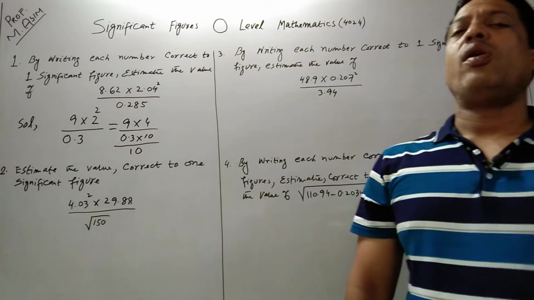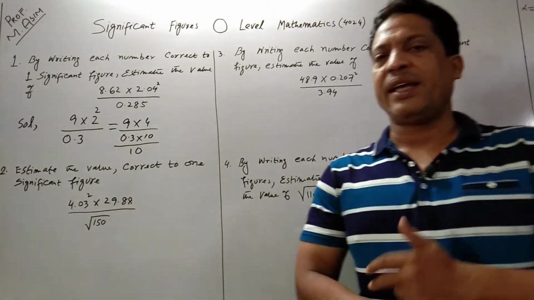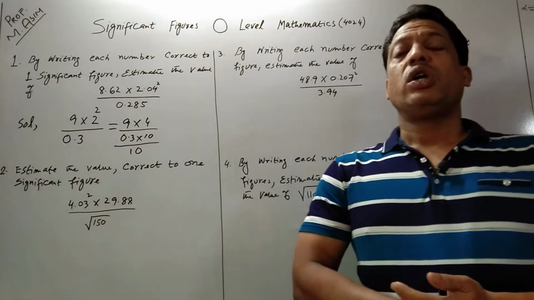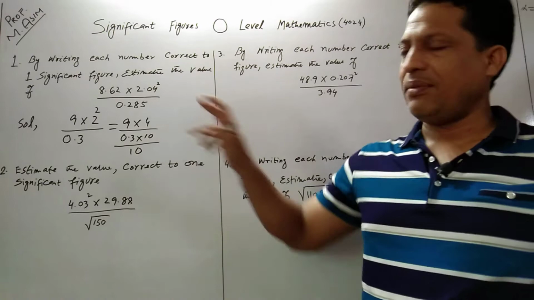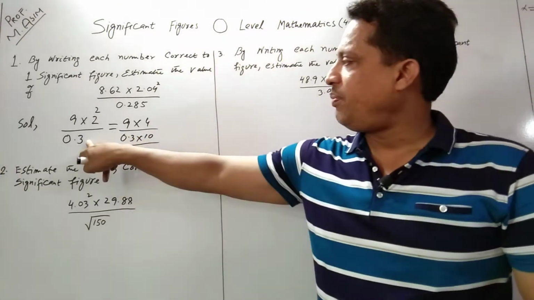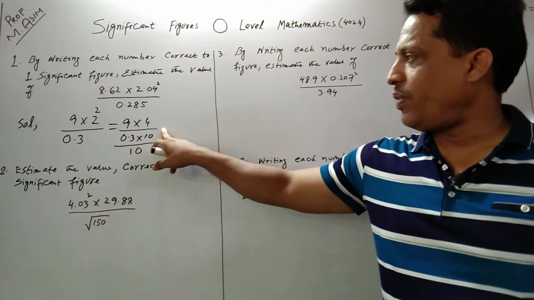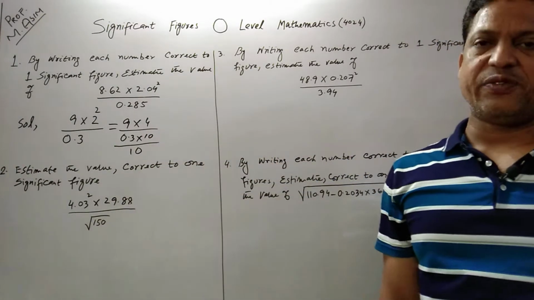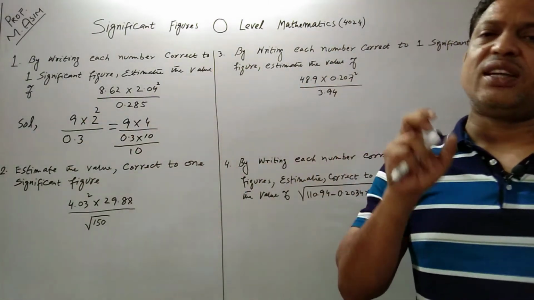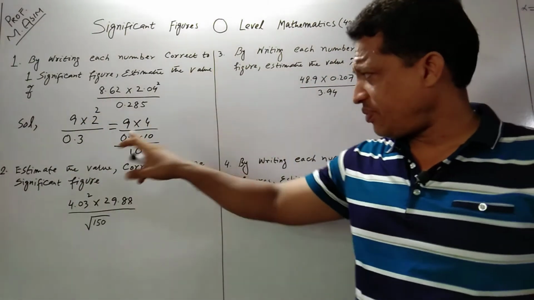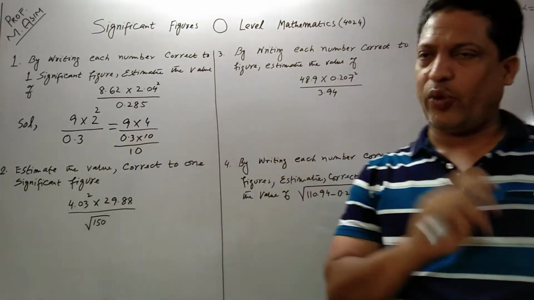According to the rule of algebra, whenever you multiply something by any number, you must divide the same thing by the number. So whenever you multiply 0.3 by 10, you should divide by 10 as well, so that the originality of the number remains the same. Because if you cancel 10 by 10, you will get again 0.3.